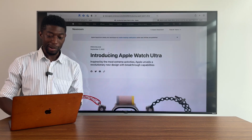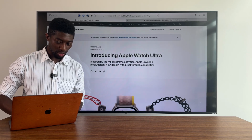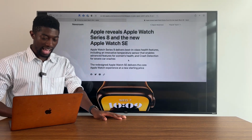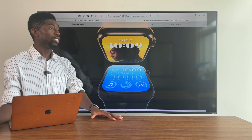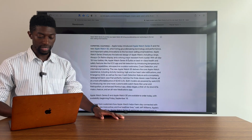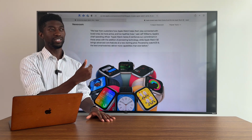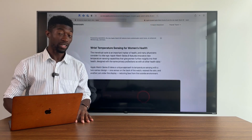Now let's get into a bit of a snooze fest. That would be the Apple Watch Series 8. Or not the Apple Watch Series 8, just the Apple Watch in general. But regardless, the Apple Watch Series 8 has been announced. Probably the biggest feature that they talked about was the new temperature sensor and the tracking that it does for women's health. Apparently there's been a lot of studies that while you're sleeping is probably the best way to detect